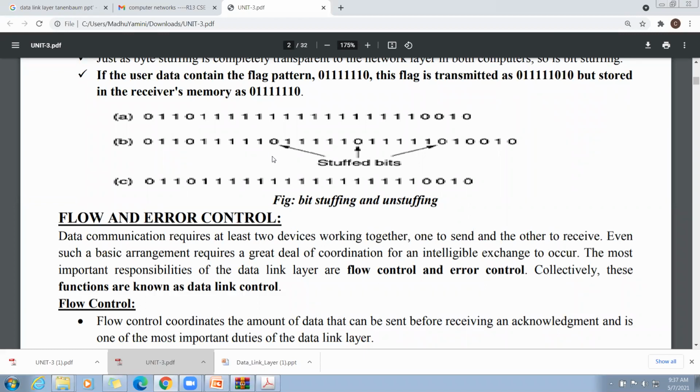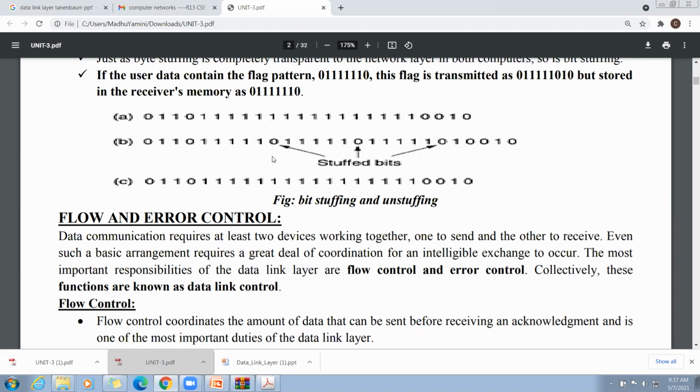This is because, as I told you in yesterday's class, an 8-bit flag contains 0, 6 ones, 0. So the receiver may get confused about whether it is a flag value or a payload value.